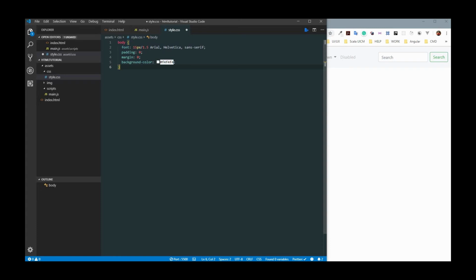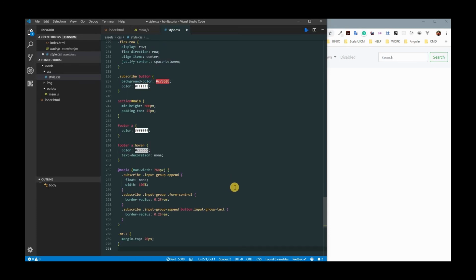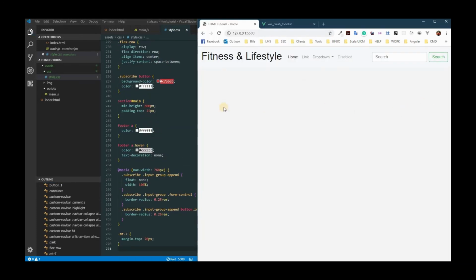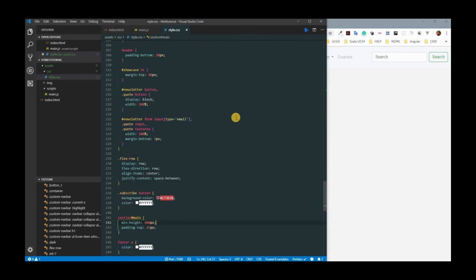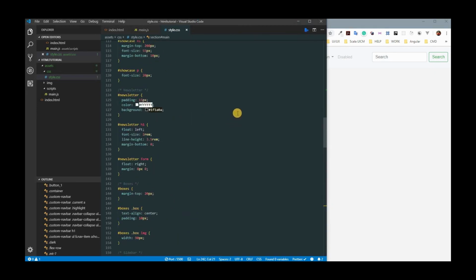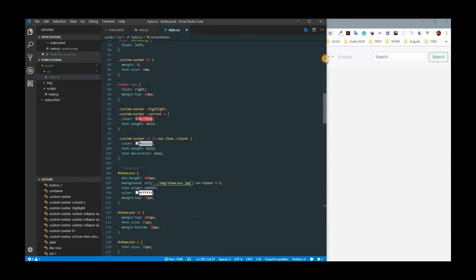Actually, this will probably take a while, so just leave that there. I'm going to put all of my CSS here, and I'm going to hit save. There we go. I'm going to put all of the CSS in here,